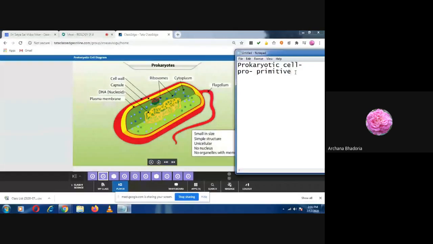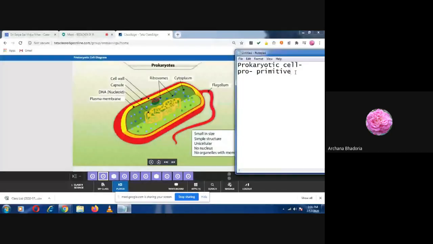Prokaryotic is derived from two words. Pro, which means primitive or before, means the first cell which evolved, the cell which is very old. Primitive means very old. And the second word is karyon. The word karyotic comes from karyon, and karyon means nucleus. What is the meaning of karyon? Nucleus. So now,